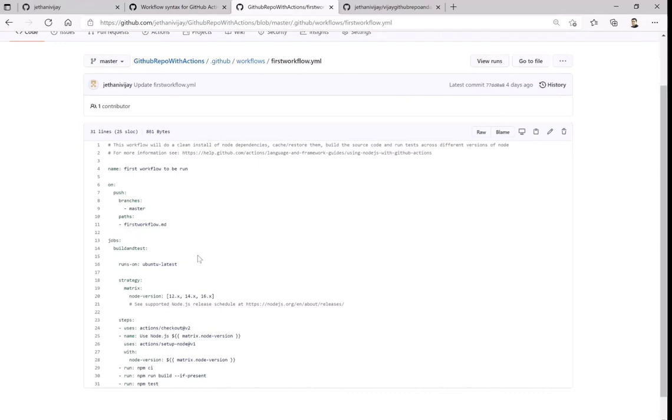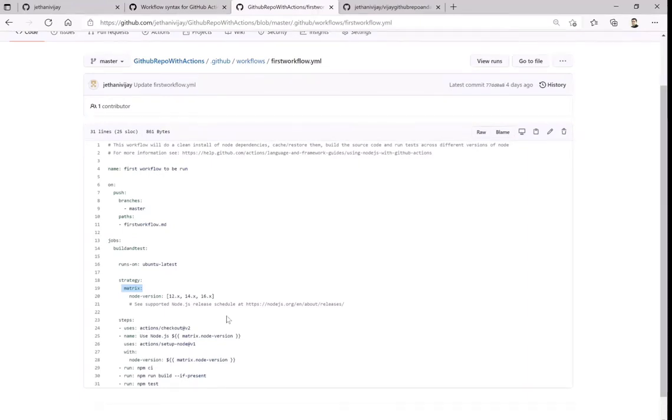And what I want to have within that workflow is the job, okay, which will actually build that code for me on specific metrics. When I say metrics, it is kind of an array. I want to build this on 12.x, 14.x, and 16.x from that particular code which I have given.